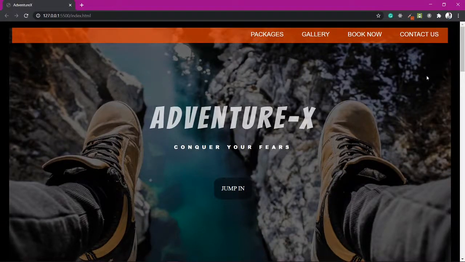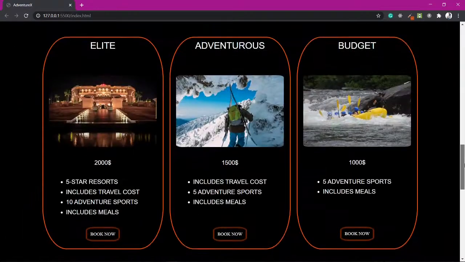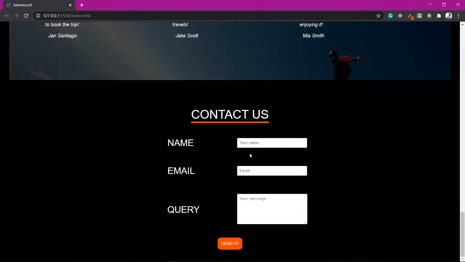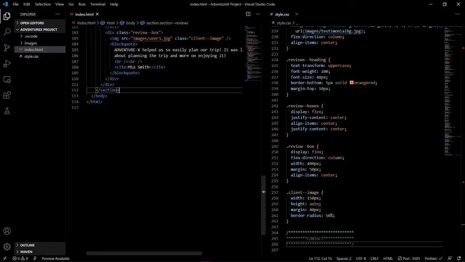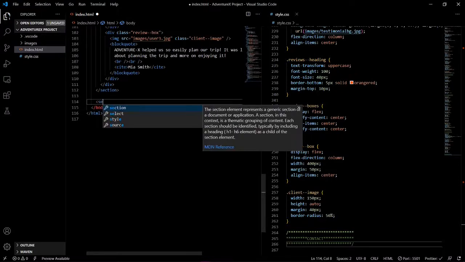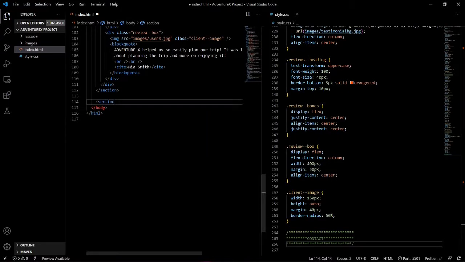And now we just need to create our last section, that is the contact us. And for this, we'll be using the form tag in HTML. So let's quickly finish it off. So for this, let us add a section of class section contact us,